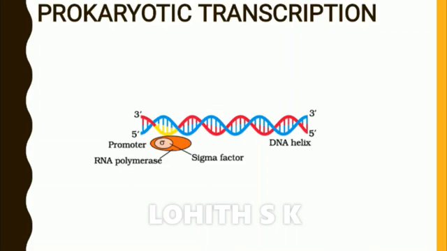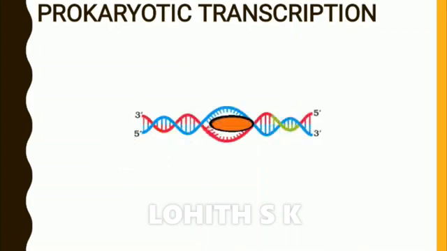After binding to the promoter, the RNA polymerase enzyme starts to break the hydrogen bonds present between the strands. It is just like the functioning of the helicase enzyme during DNA replication that breaks the hydrogen bonds and separates the strands. Here, that function is carried out by the RNA polymerase enzyme. Here you can see the movement of the RNA polymerase enzyme. As it moves through the DNA molecule, it breaks the hydrogen bonds, and that leads to the formation of a bubble-like structure.